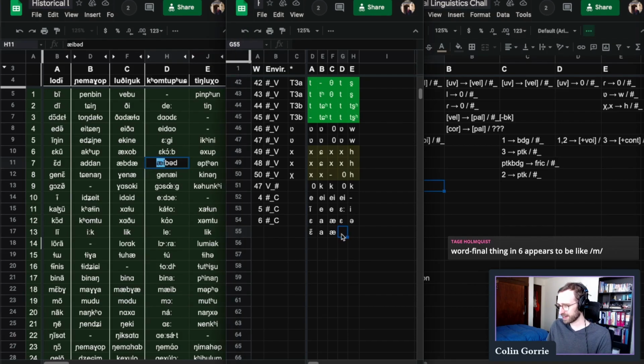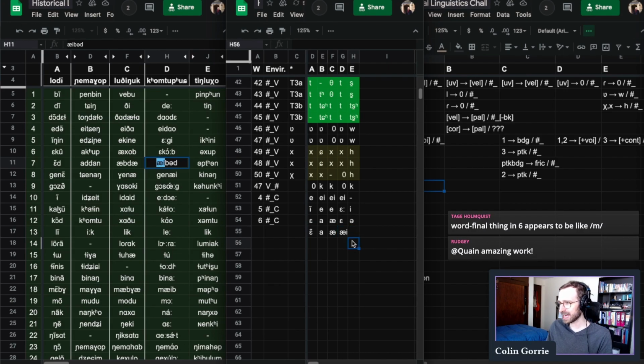Okay, so here we have I, and schwa again. So this looks quite similar to the correspondence we have in 6. A few differences, but